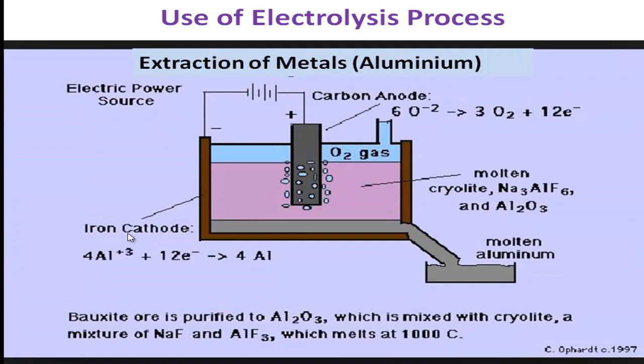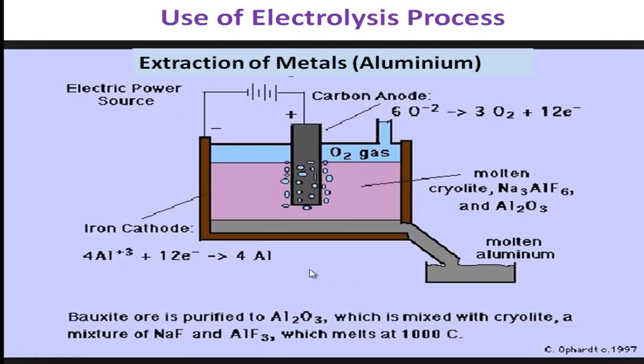Now we will learn about the uses of the electrolysis process. Actually the use of electrolysis is vast. Nowadays this electrolysis process is used in different sectors. For example, extraction of metal. In next chapters we will learn about the extraction of metal, where we extract metals from the ore. When we extract highly reactive metals, that means sodium, potassium, aluminum, from the ore, then the electrolysis process is used.